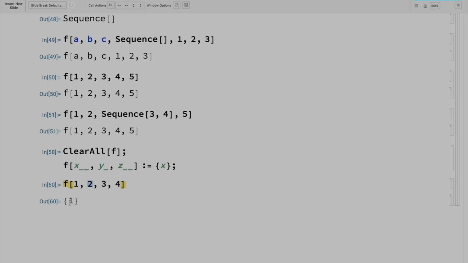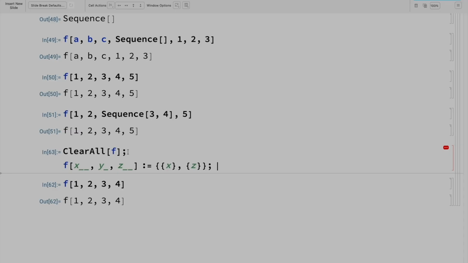And that's why we get 1. 1 is X, right? If I change this so that I have a list of lists, the first list is the pattern X, the second list is the pattern Z, and I press Shift Enter,